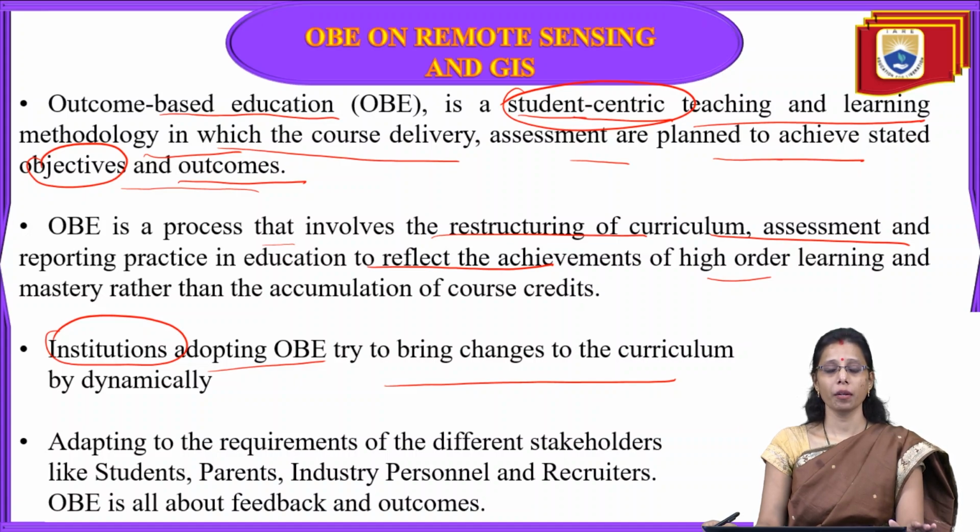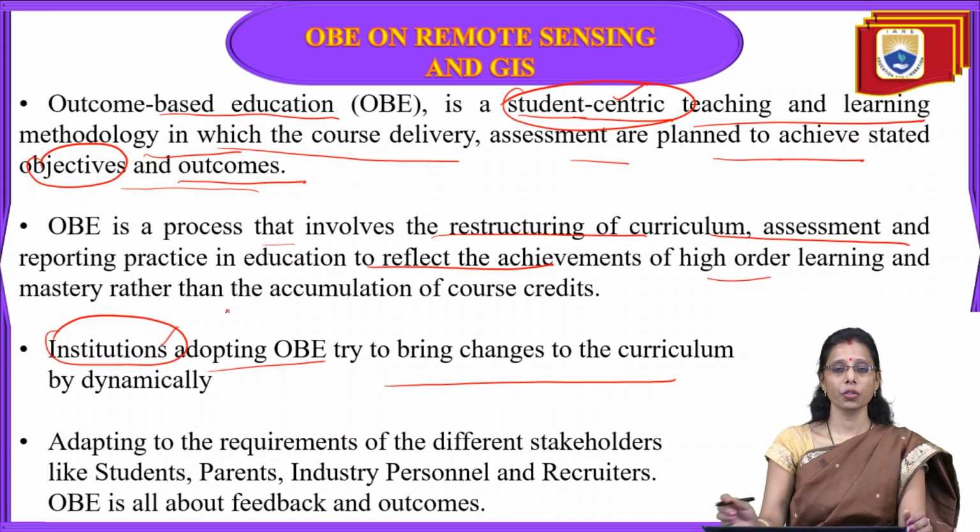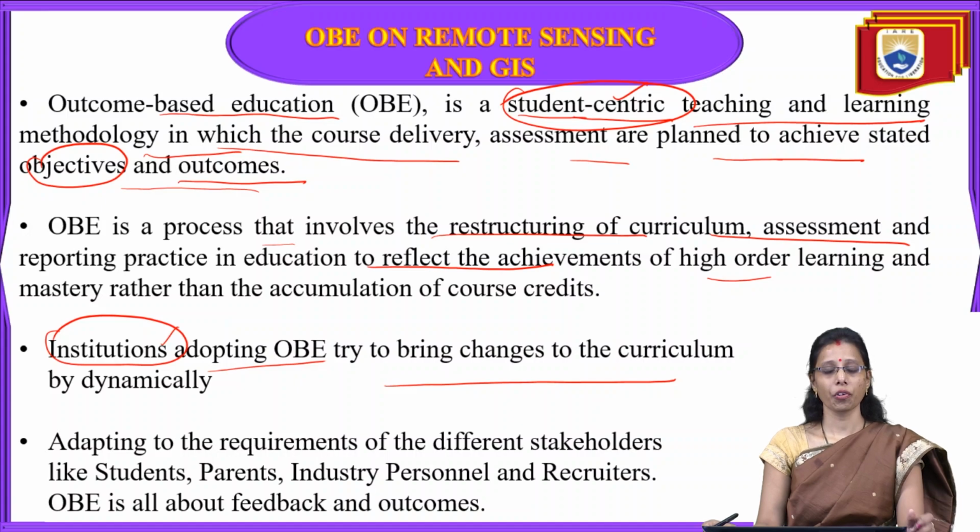That will help you assess or judge the student during the semester, how the student is performing and what benefit the student got out of it. So first of all, outcome-based education means what benefit the student got out of it. He is learning a course and what benefit is he going to get, and finally at the time of results, what final benefit he is getting. It is a teaching-learning practice which is always student centric, and most institutions are adopting this OBE to bring changes in the curriculum dynamically.